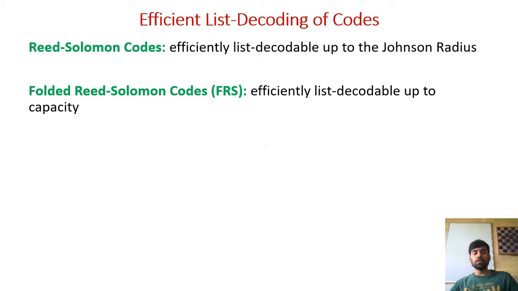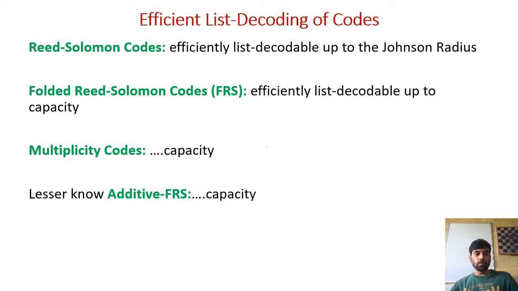What this essentially means is that you can produce a small list of code words given a corrupted word where the number of corruptions is slightly shorter than the distance of the code. The next family of codes which was shown to achieve this list decoding capacity are the multiplicity codes, where along with the polynomial's evaluation you also give its derivatives. And then there are the lesser known family of additive folded Reed-Solomon codes, where the folding, as opposed to folded Reed-Solomon codes having a multiplicative folding, is additive,